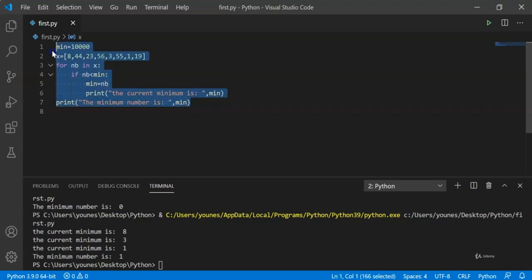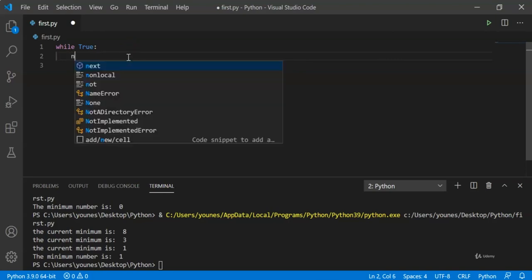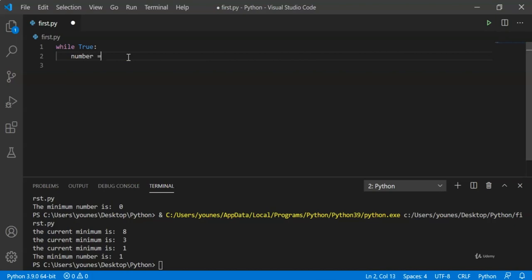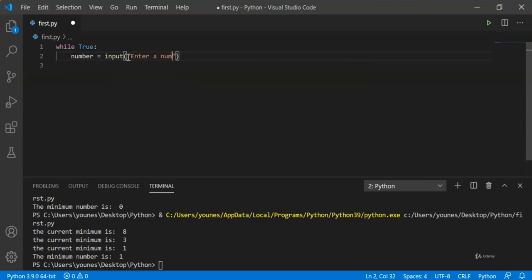So let's implement it in our code. Let's suppose we have a while loop, while True. So this is an infinite loop unless we're using a break statement. While True, we're going to accept an input from the user, and this is a number. So we're going to store it in a variable called number and ask the user to enter a number, and we're going to say enter done when